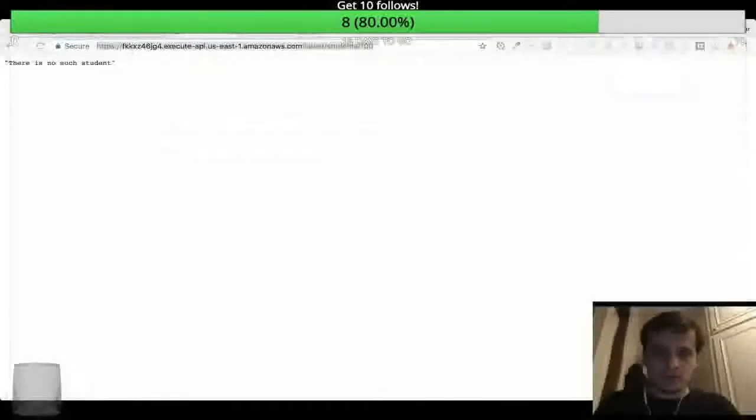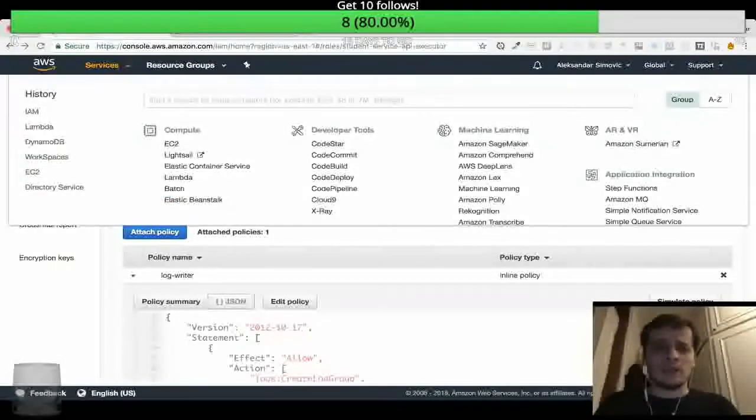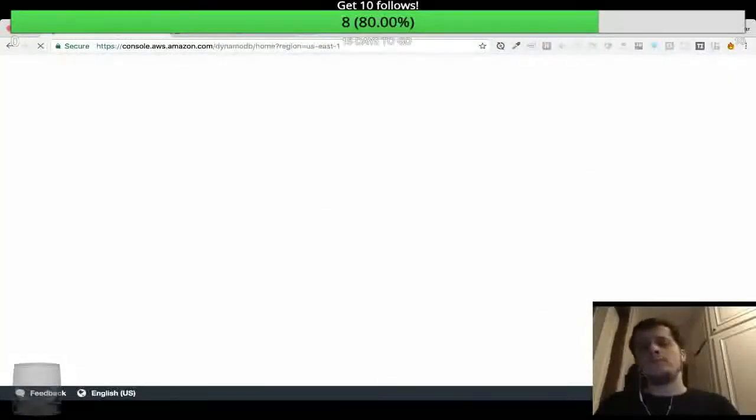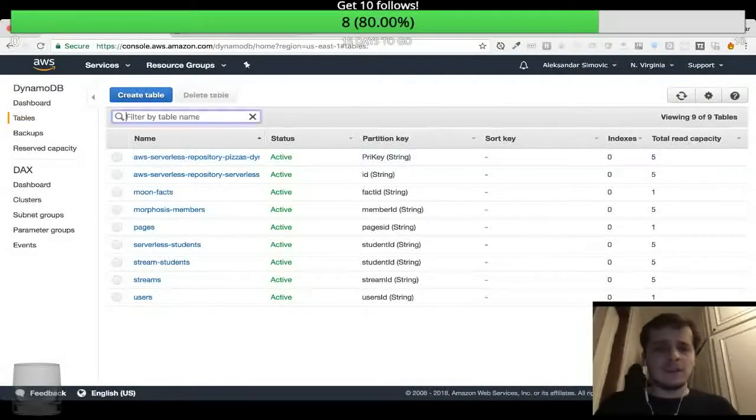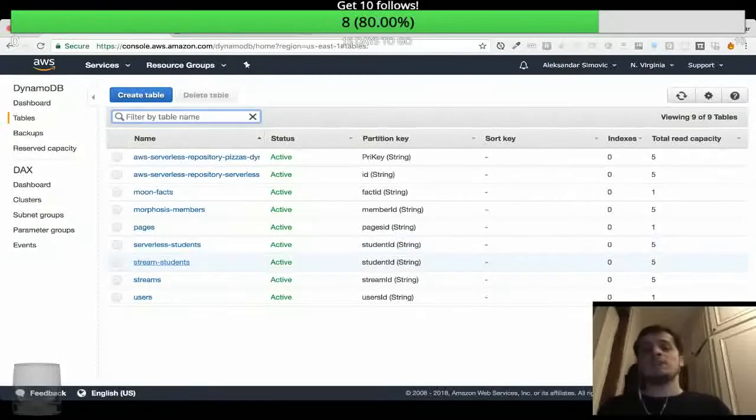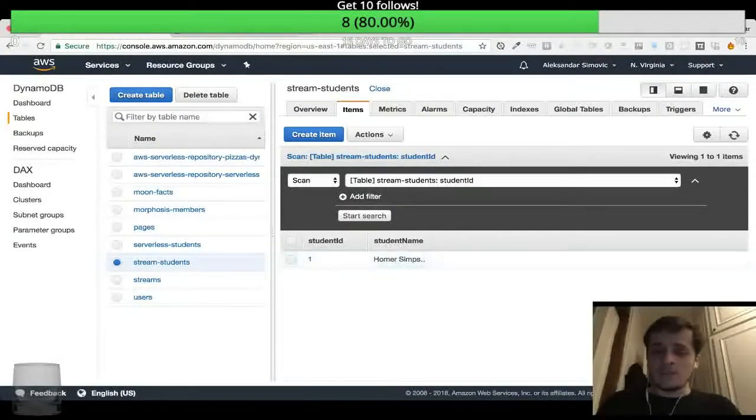So we go back to Chrome. In Chrome, we open our console. In the console, we go to DynamoDB. Then we will see again the dashboard for DynamoDB, and you want to click on tables. You want to see the list of tables, and here you're going to see stream students. That's our table name. You click here items, and as you can see, we added our first student,